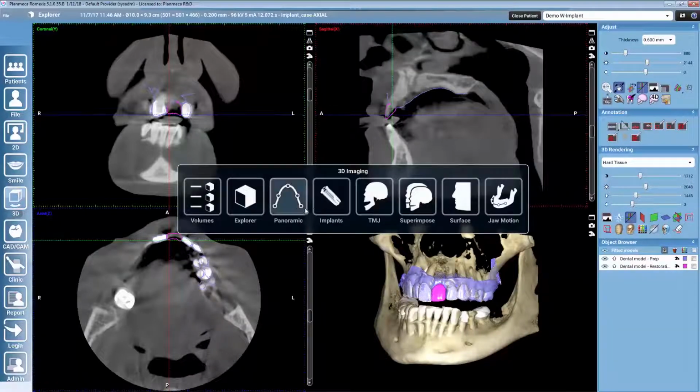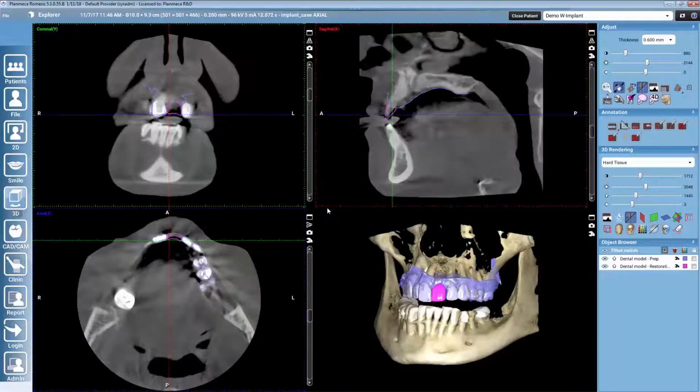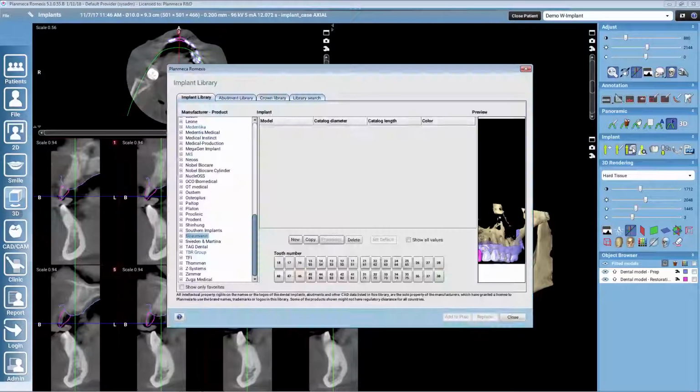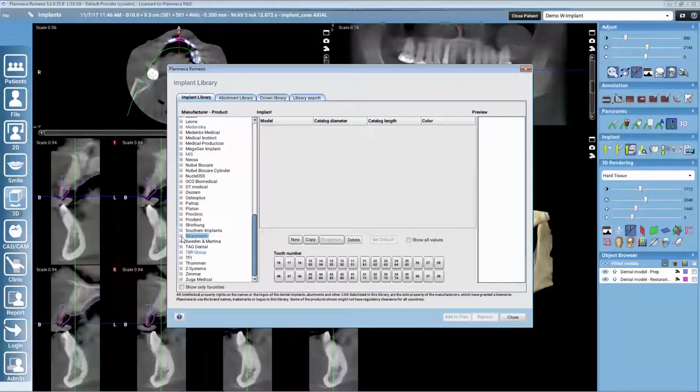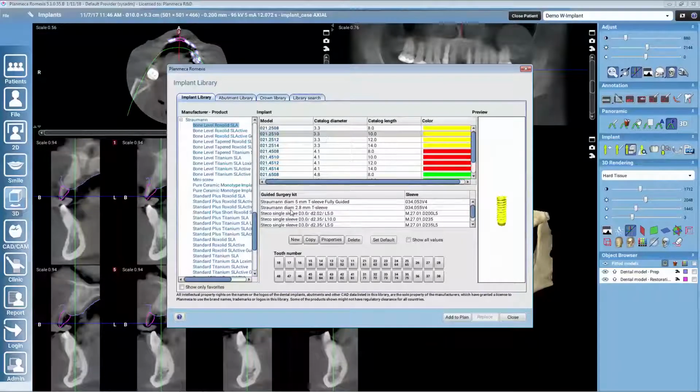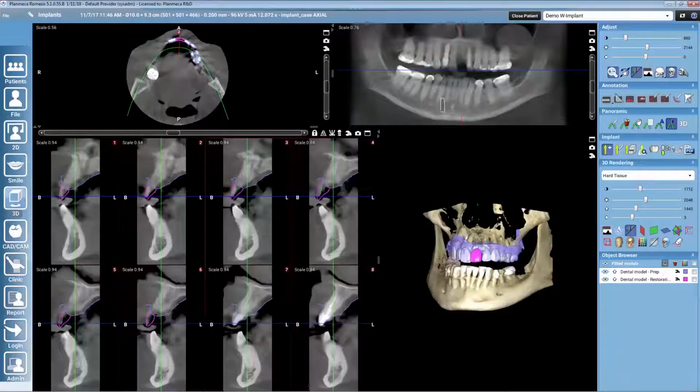From here we can move on to the implant planning module, and there we will go to the implant library to select our favorite implant. I will use Straumann in this demonstration. Once we select any implant from the library, Romexis gives us a list of the possible surgical kits. In this case I will use Straumann's own sleeve. We add to plan,